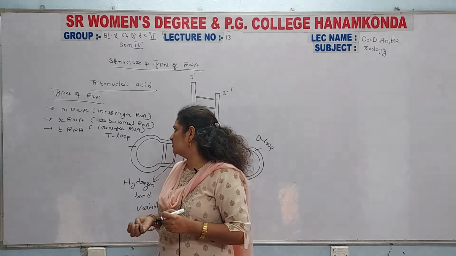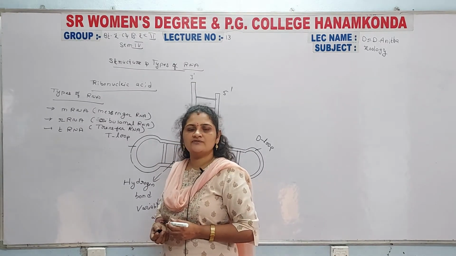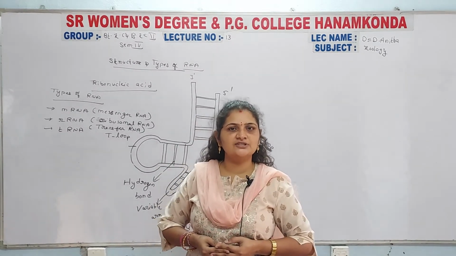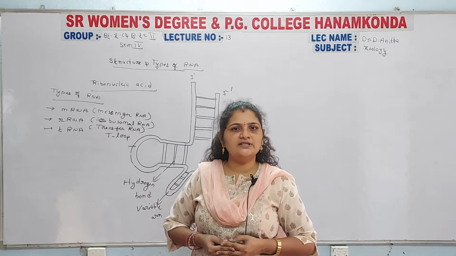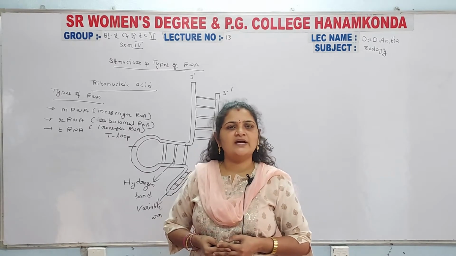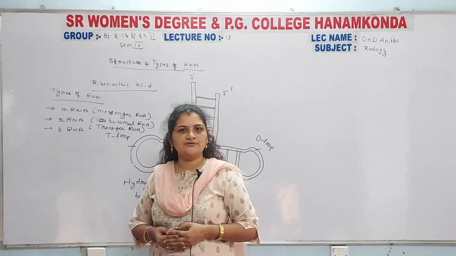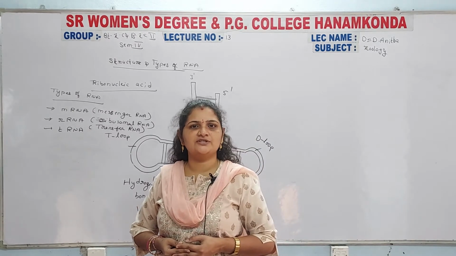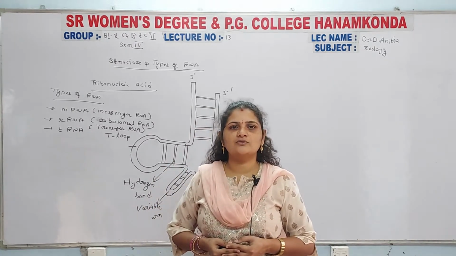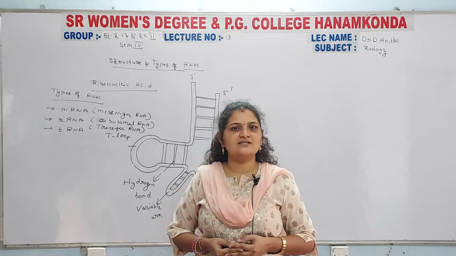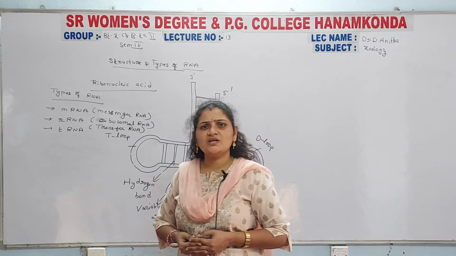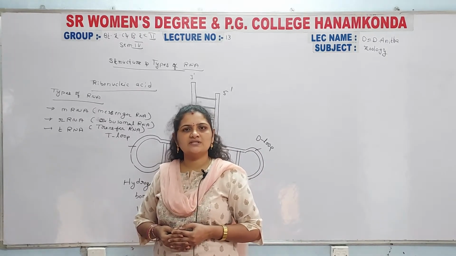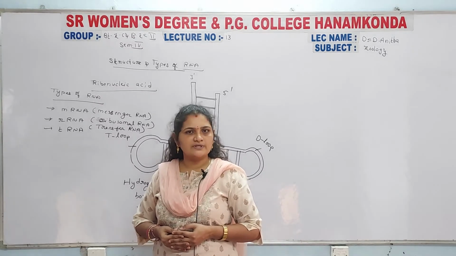And the last one is transfer RNA, tRNA. The transfer RNA plays a major role in protein synthesis at the end of transcription and translation. Transcription is the transmission of information from the DNA to the mRNA, and then the information goes from the mRNA to the tRNA. On the surface of the mRNA, the genetic information is present in the form of codons. Those codons are going to bond with the anticodons present on the surface of the tRNA. After the bonding of codons with anticodons, the amino acids are going to be separated from the tRNA.